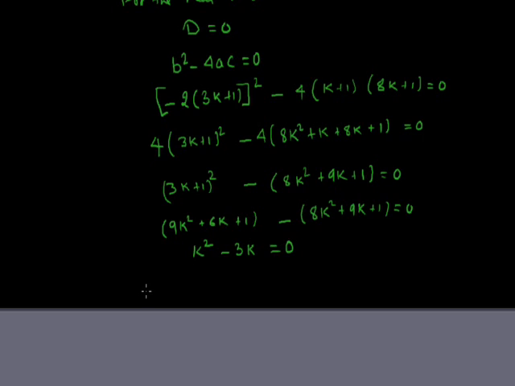So k square minus 3k equal to 0. So k is common, k(k minus 3) equal to 0. So this will give k equal to 0 or k equal to 3. So when k equal to 0 or k equal to 3, then this equation will give the roots real and equal. Now we will take another example